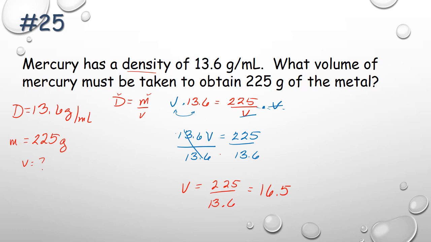16.5. What unit would it have? There's always a good clue in the density unit. The density was measured in grams per milliliter, so it's got to be milliliters. Bingo. Now, does this make sense? Something has a mass of 225 grams. I know mass goes in the numerator, and it's got to be over